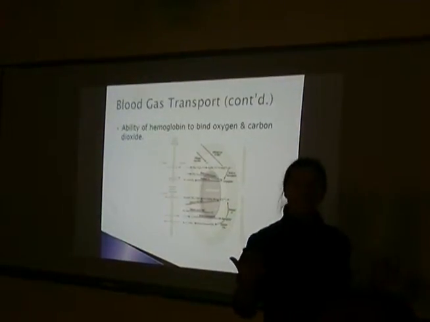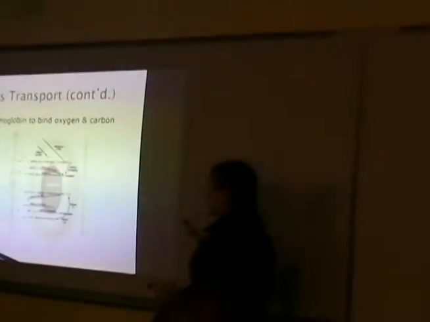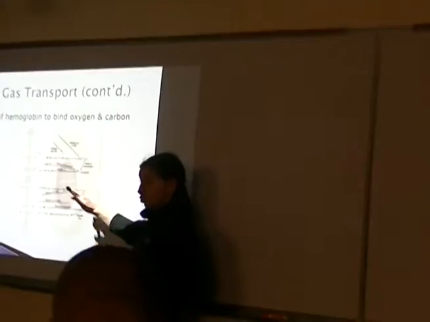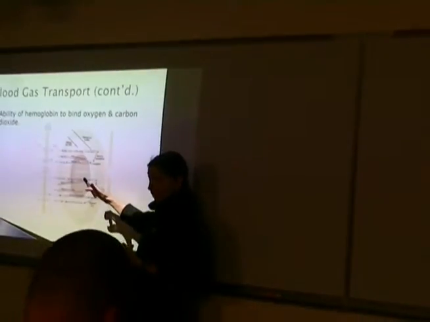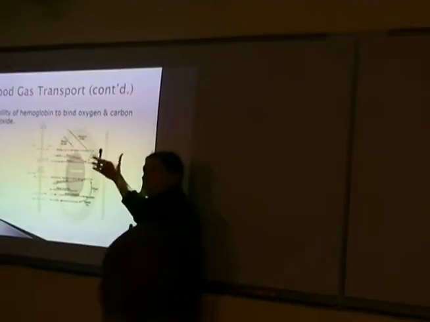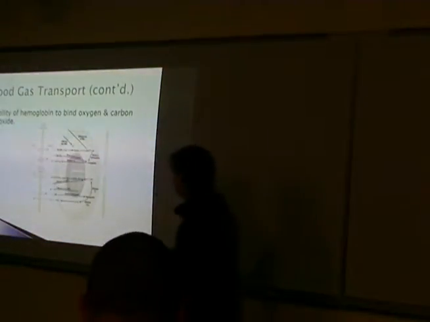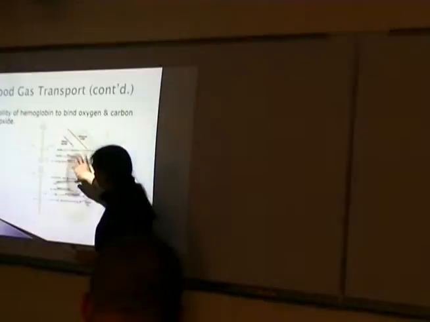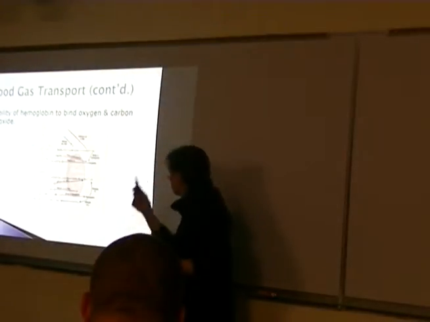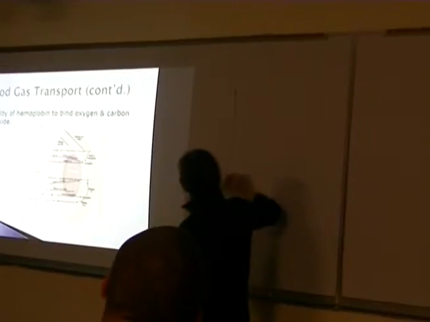We need to understand the basic mechanism that's going on, because the basic mechanism adapts to training. Right? And so we've got to understand what is going on when I train someone. So, this is a little more complicated, but what I'm looking at is